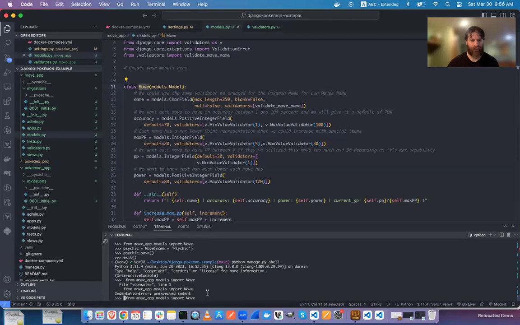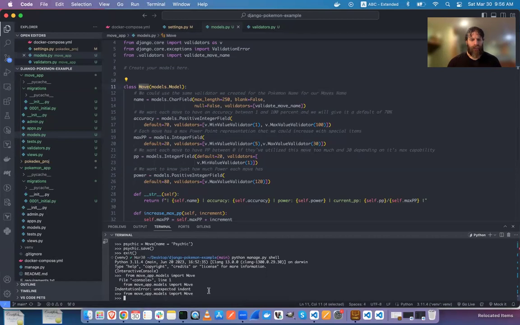Okay, so I've imported move, and now if I want to get, let's say, the equivalent of select star from move,